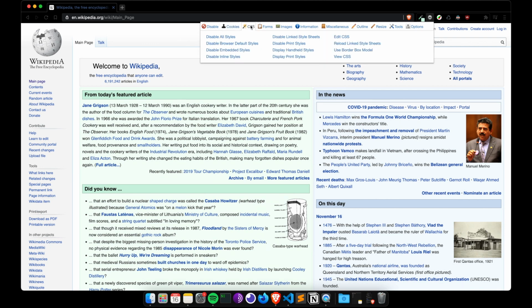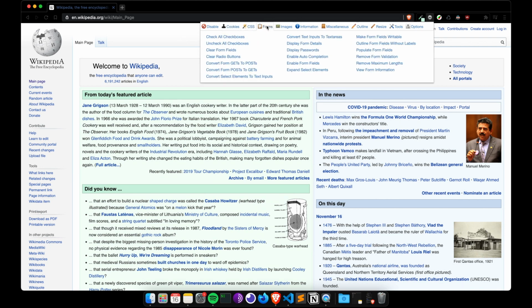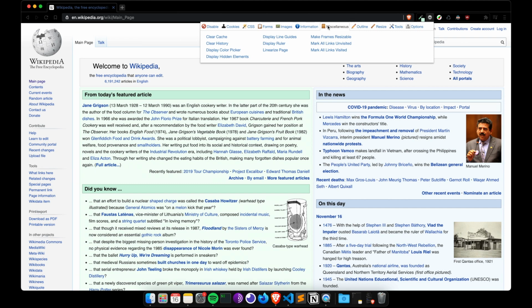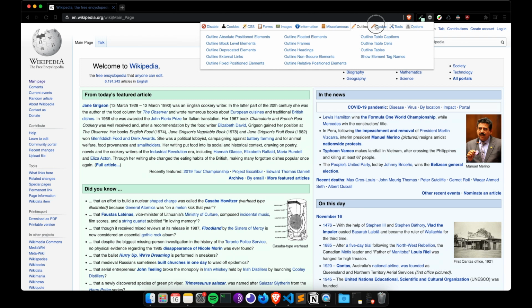I could do things related to CSS. I could do form stuff. I could mess around with the images. There's some other stuff here that can be used. Basically just information, as you can tell from the actual tab. And the most important ones for me are the option to clear the cache and clear history, and other stuff that can also be